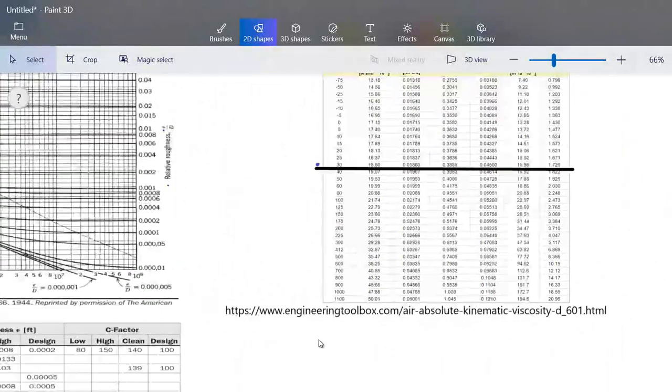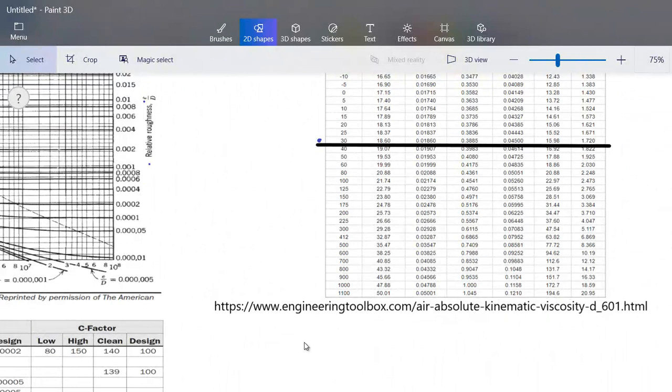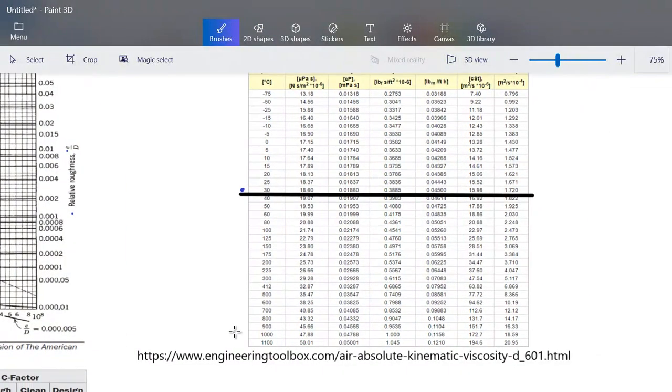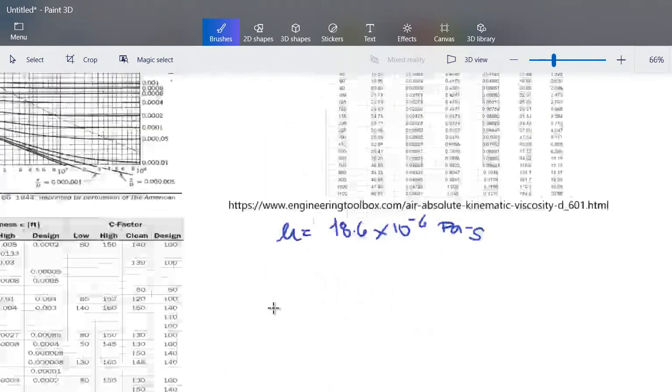Okay, so the absolute dynamic viscosity will be 18.6 times 10 to the power of negative 6 Pascal seconds. Okay, so let's compute now your Reynolds number,